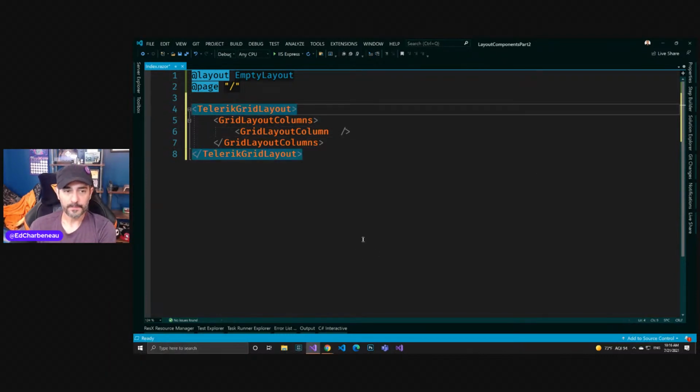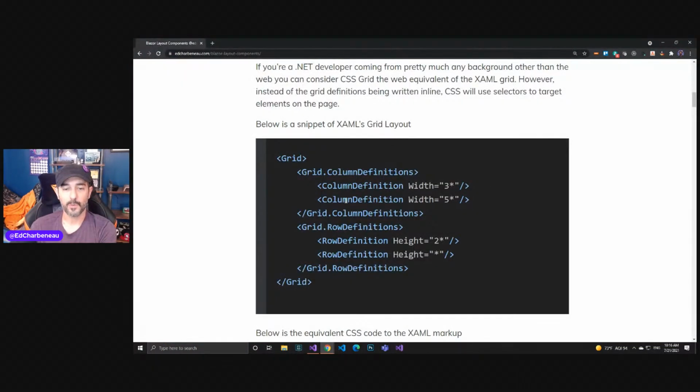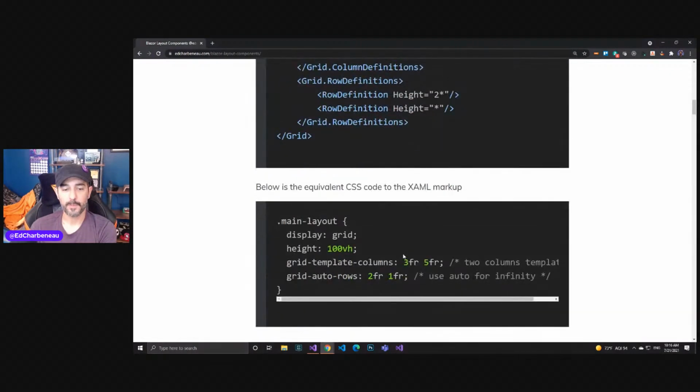So let's take a look at the Telerik grid layout. First thing, all of our components are prefixed with the Telerik, and then all of the child components underneath will drop that prefix. So we have a Telerik grid layout with grid layout columns, and in this first example that I have, what we want to do is set up